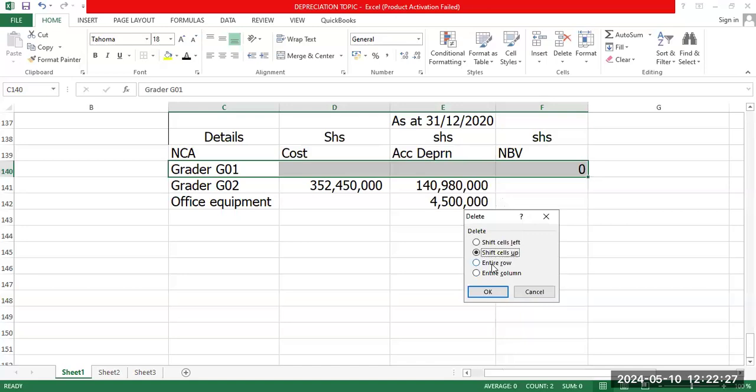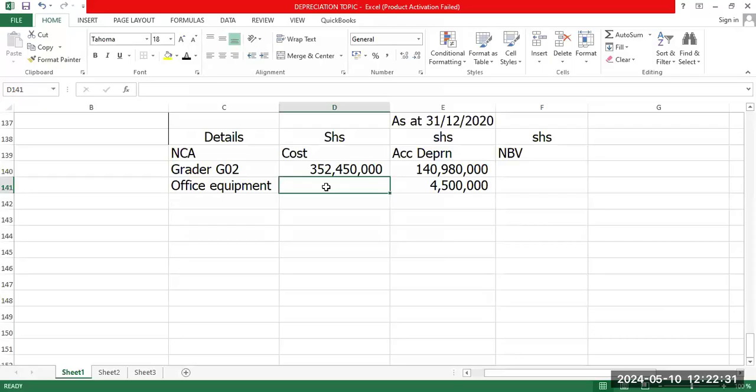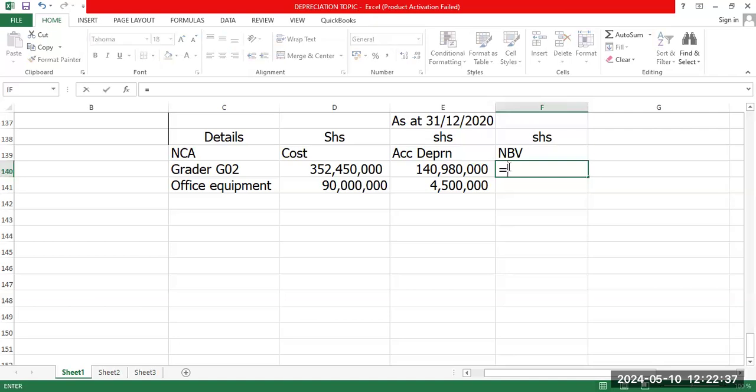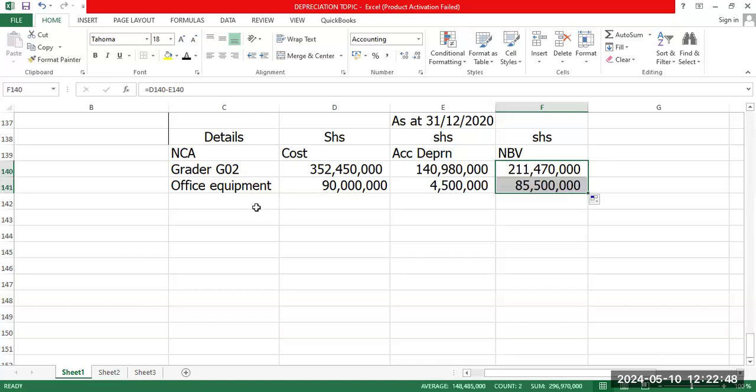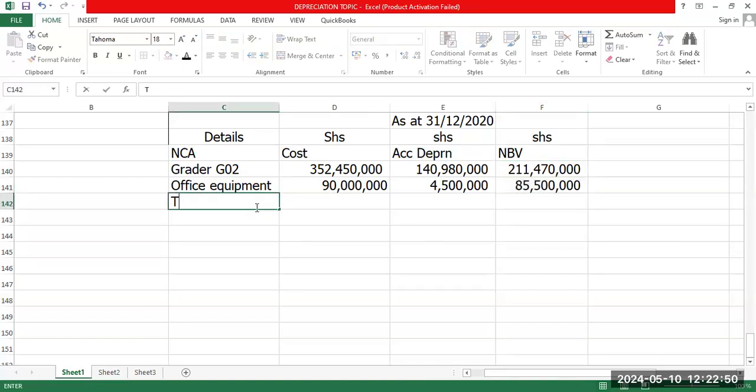What was the original cost for office equipment? It was 90 million. So finally, getting net book value by getting this minus this. Then you get total